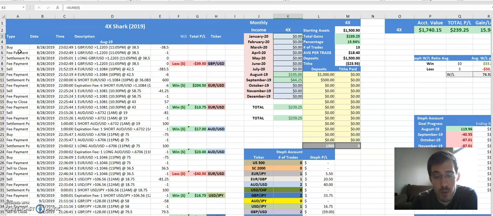So if you're familiar with Nadex, they send out an Excel file, basically with when you bought the trade, your trade commission or your fee payment, what the settlement price was, or when you bought out. So you can always buy early and get out for a smaller loss or a quick profit. So you can see right here I have either a loss or a win, the amount of profit or loss, and then the actual ticker. So GBP USD or